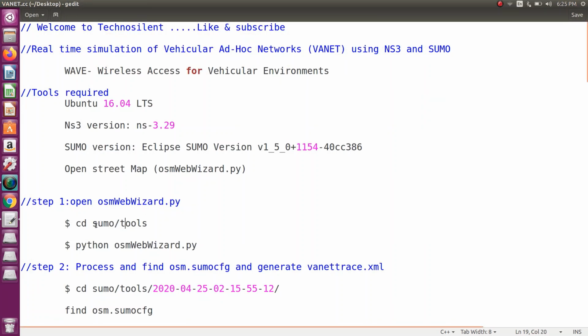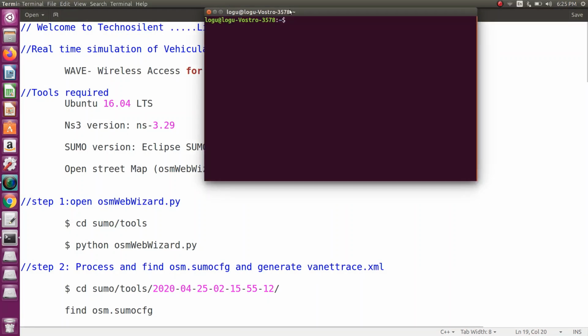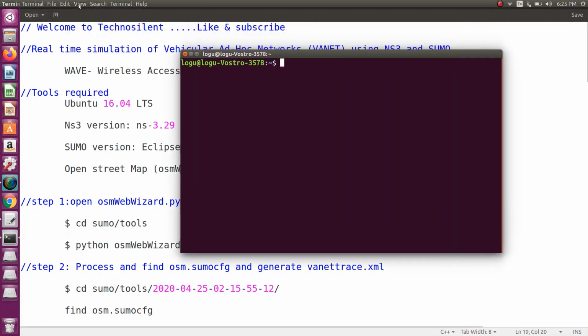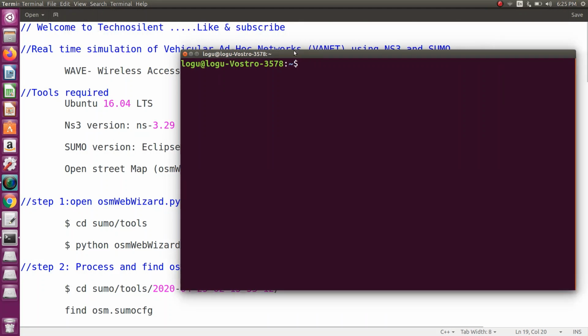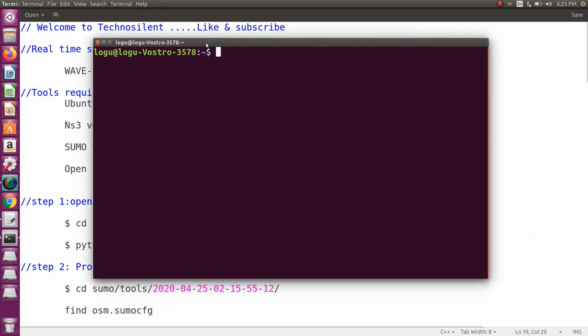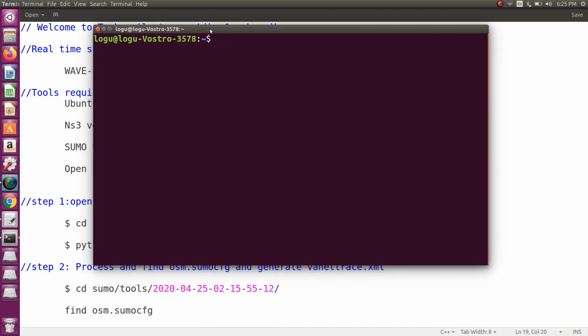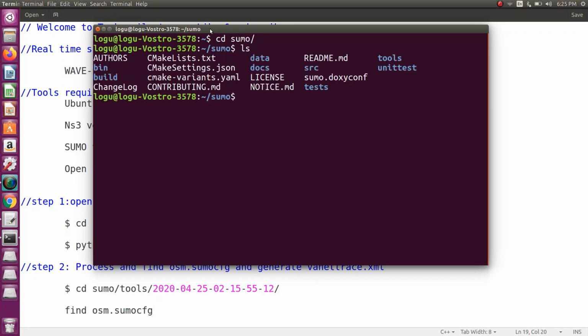So first you go to SUMO. First open the terminal by pressing Ctrl Alt T. So just zoom it. First go to the SUMO folder: cd sumo, then ls.